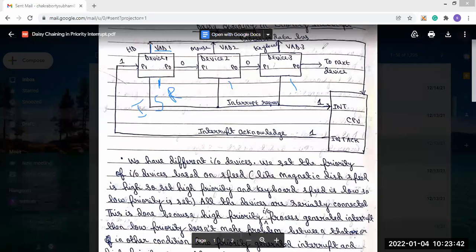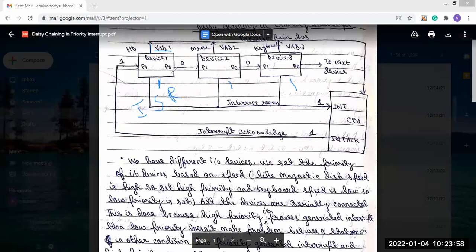The data bus which is present in our system, through it will go. And after the interrupt is generated, the CPU will go to the routine checkup on that particular address.